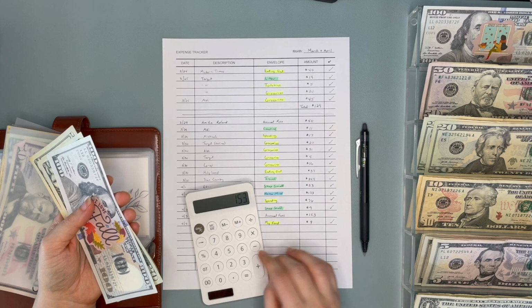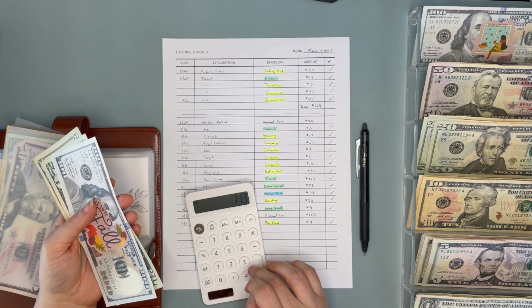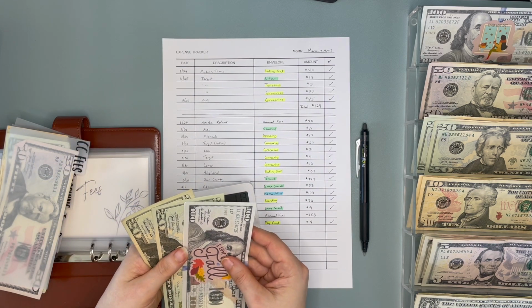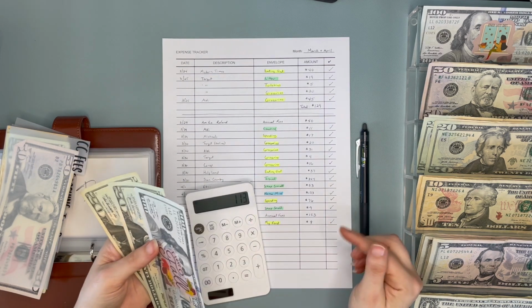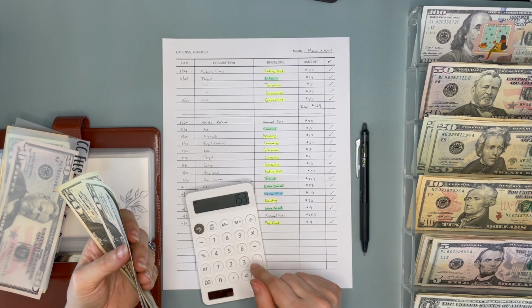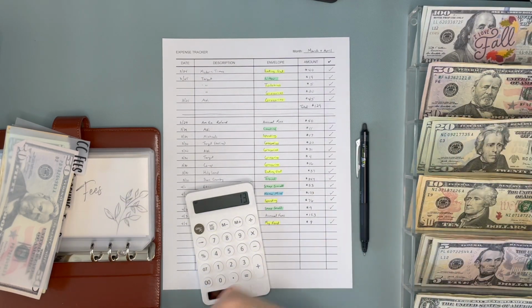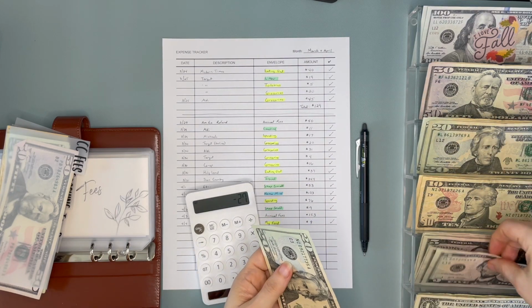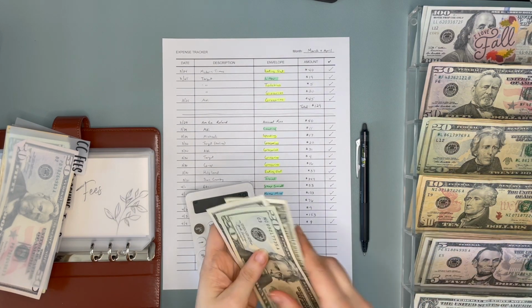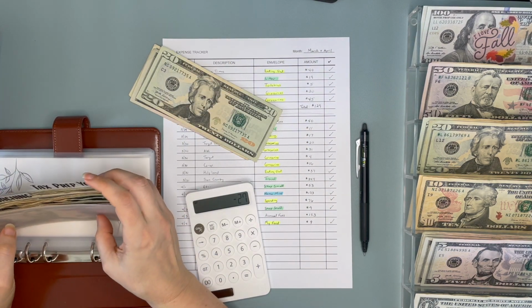So I've got 153 minus 40. So actually, I'm going to take 153 minus the 140 that I have. So I would normally have to come up with $13 more, and then since I got that back, I'm going to take 27 for the refund, and so I think